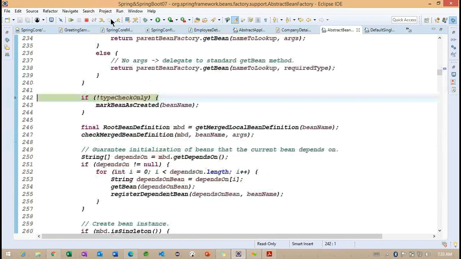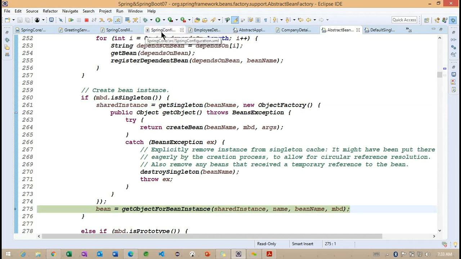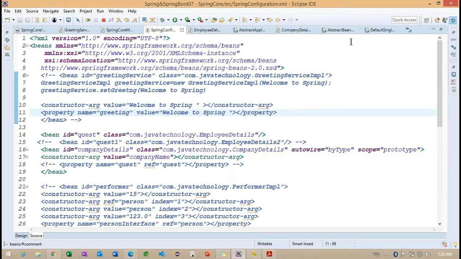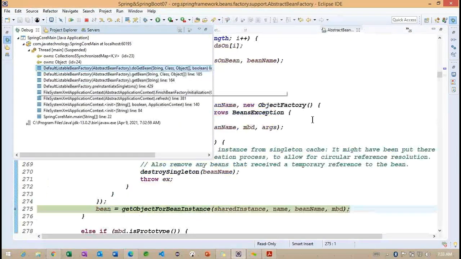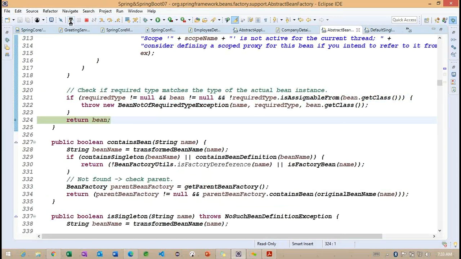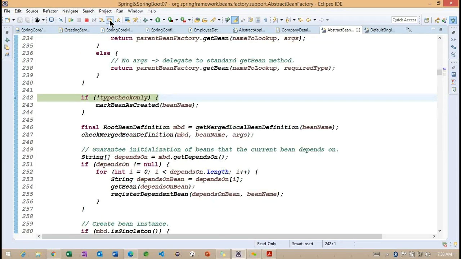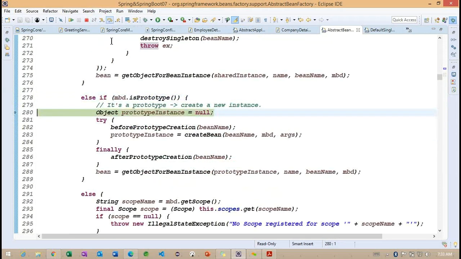Now you can observe, somewhere I identified here, it is a singleton. So what we specified is a prototype. Yes. So this is a prototype here.